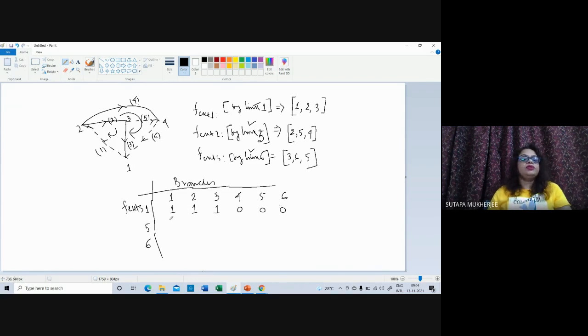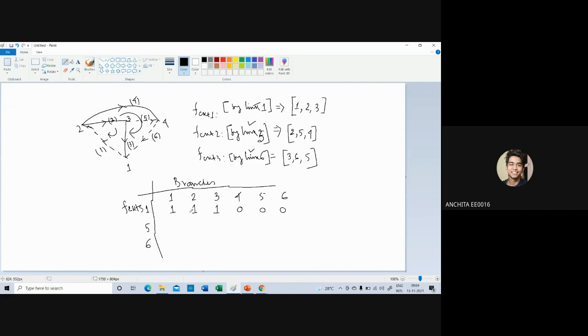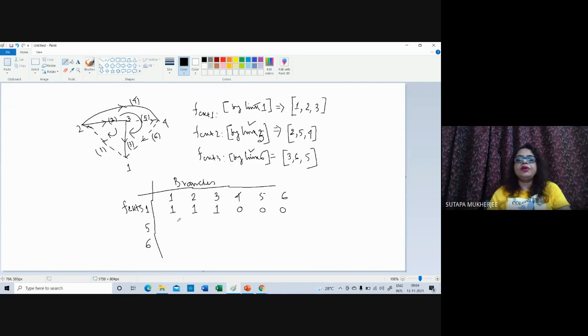So in case of fundamental circuit 5, what will be the answer? Onchito, tell me what will be the answer in case of link 5? What will be the element value at each position? 0, 1, 0, 0, 1, 1. Just tell me in that way. Oh, 2, sorry. 2, 5 and 4, that will be 1. Yes, ma'am. And others will be 0. After that, tell me which will be minus 1 and which will be plus 1.